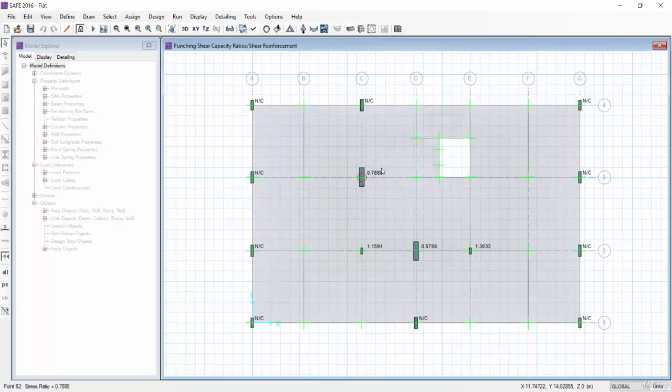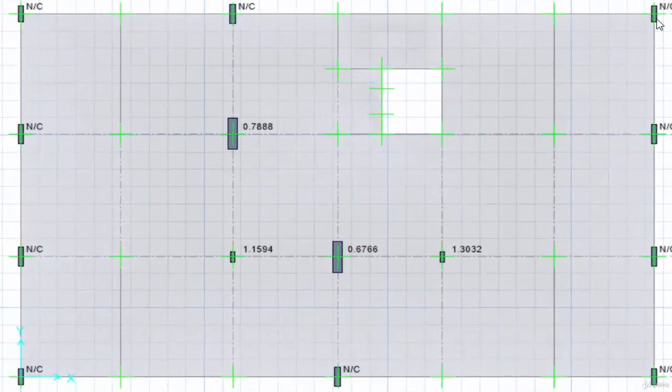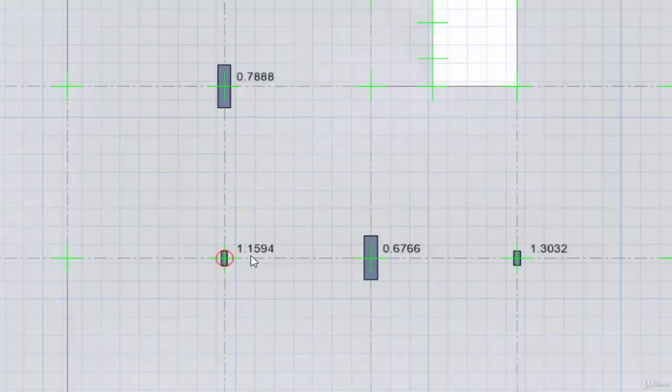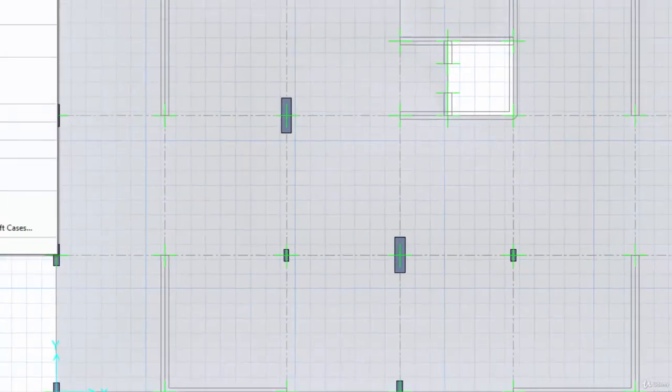Here we don't have a number because we have edge beams on the edge of this slab. Here we have a number. If this number is below 1, the punching shear is safe. For example, we have numbers greater than 1. This is because we have a small column section. We want to edit it in ETABS, and also we can unlock the calculation and increase